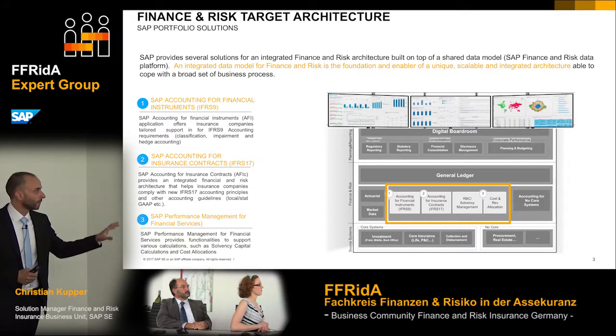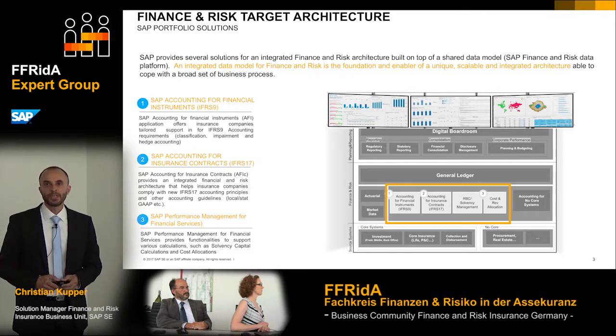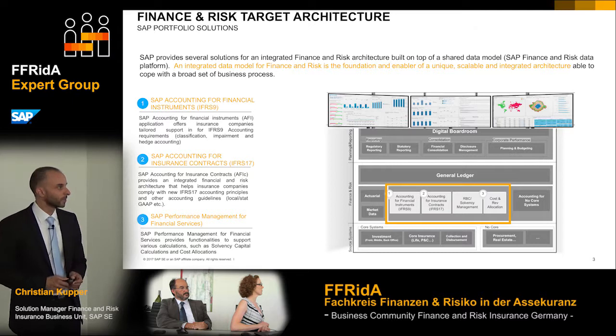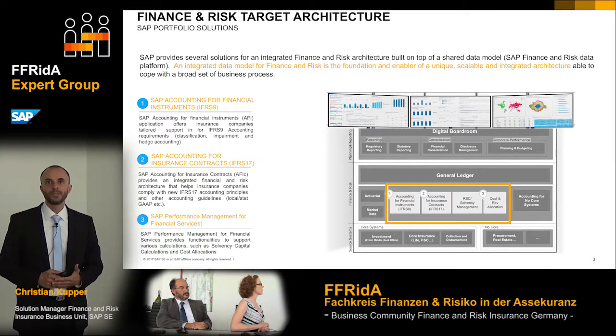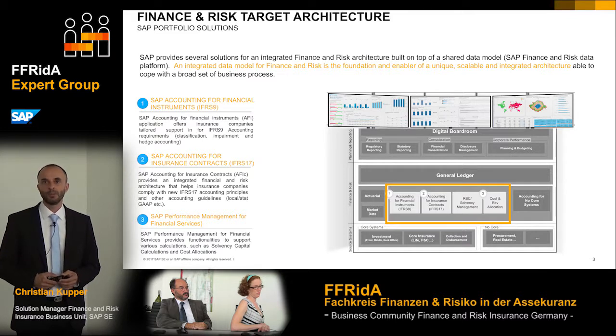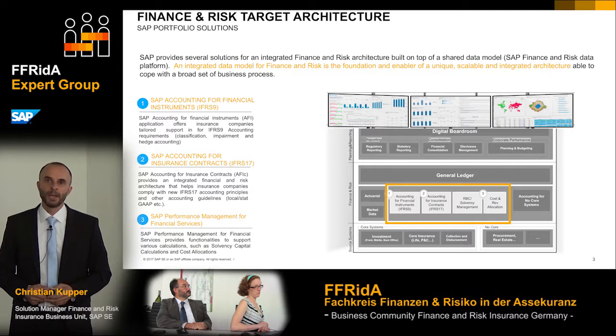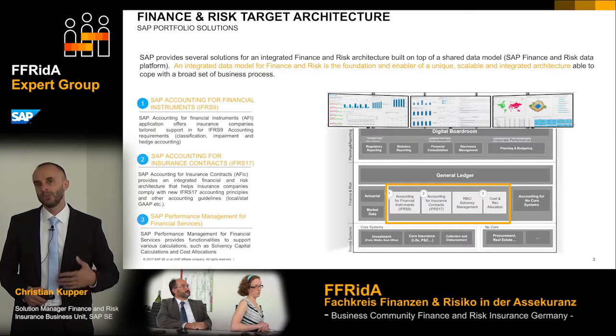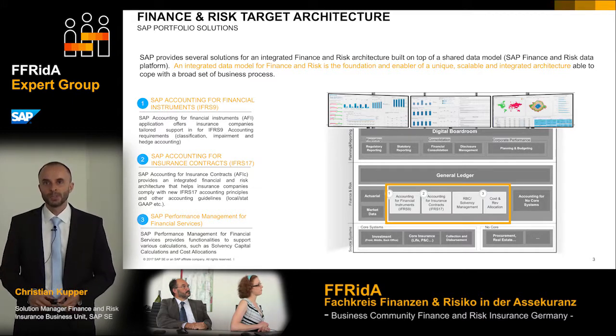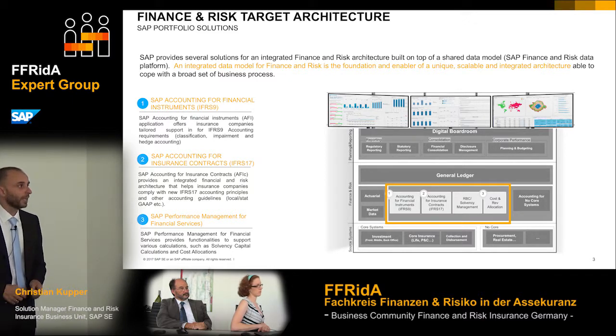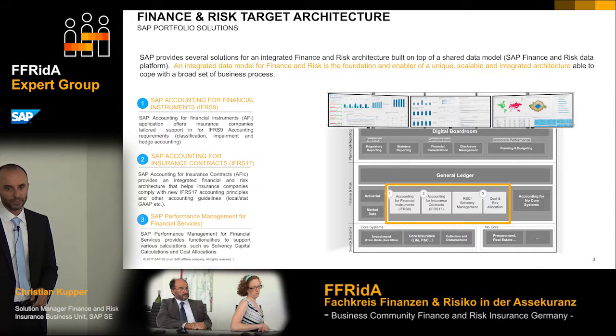Here we have a tool, an infrastructure called SAP Performance Management for financial services. We use this to calculate the capital requirements according to Solvency Pillar 1. In some geographies in the world, they have their own risk-based capital requirements set up. And the 4th use case here is cost and revenue allocation. It's about performance management on single contract level, to determine the profitability of a certain customer or of a certain sales channel. So it basically does cost carrier accounting on the lowest level of granularity.